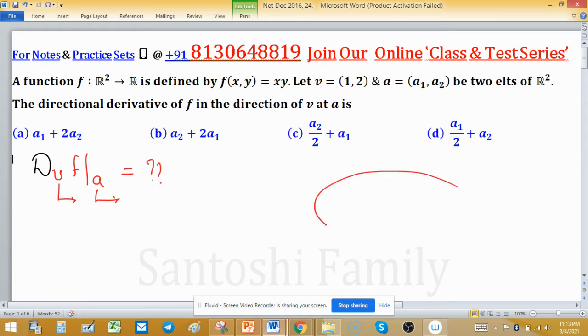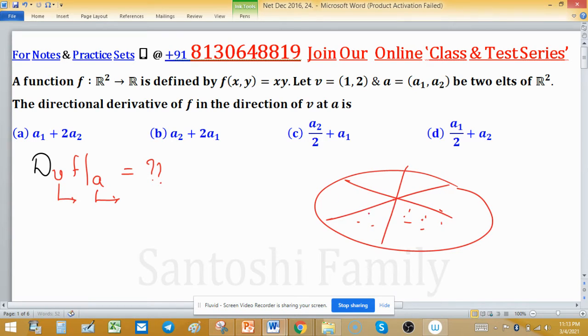Suppose this is a domain, and we are going to check where the function is differentiable or not. So at the point we have to check all these points. But by Euclid geometry we can draw a line from a specific point, and at a certain point we have infinitely many lines that can pass through it. So if this is a point and we pass many lines from this point, this is the fastest way to check directional derivative.